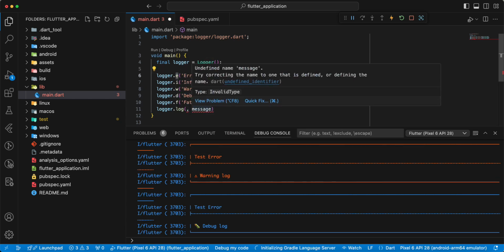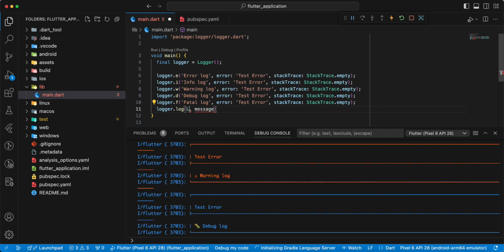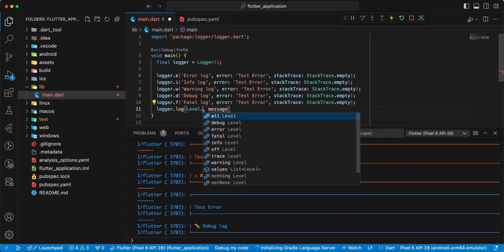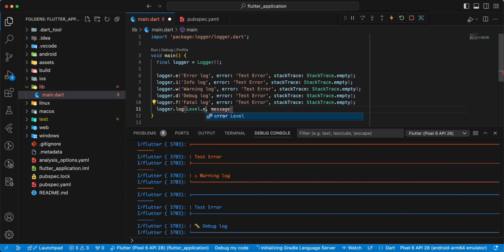Logger, write Level.error, and write message, error message, save,